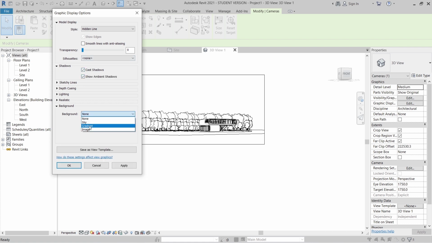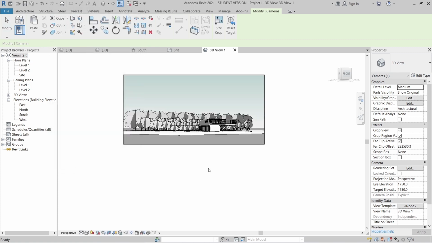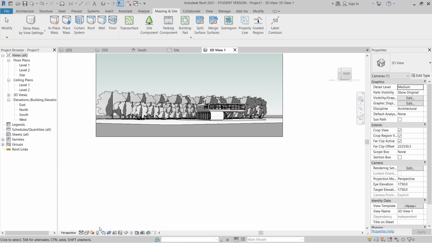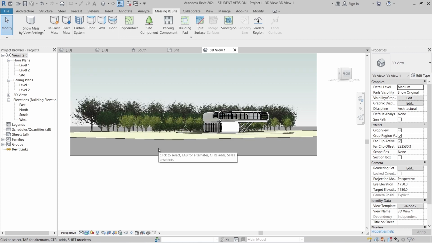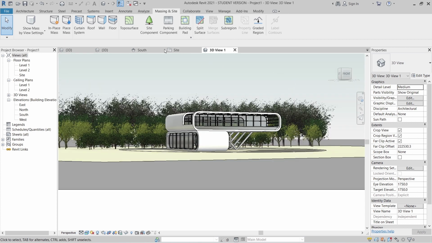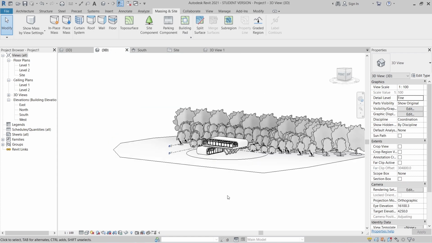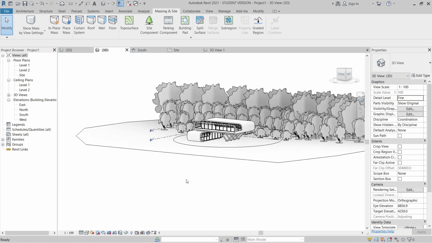Of course, I want to add some background as well. Hit apply if it needs. And I can change it to consistent color. Or we make it realistic. Okay, realistic will take a little bit of time. I think it will take a few seconds. Okay, as you can see, it's quite realistic for our building shape here. Let me turn on the shadow first.